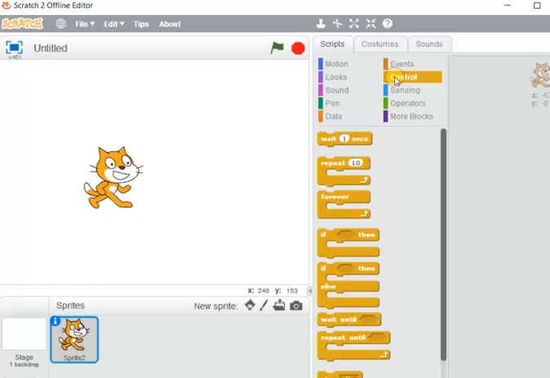Now control. This one is required as it is in the syllabus. This block includes some commands for controlling the activities of the sprite on the stage. The commands under this block mainly are some events that occur repeatedly, the activities of the sprite that can be repeated. That means